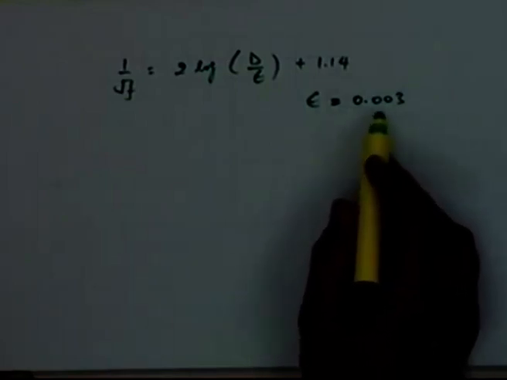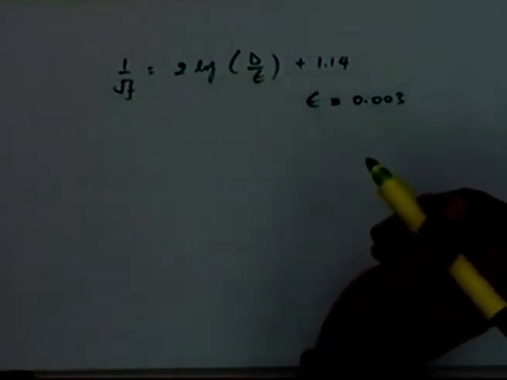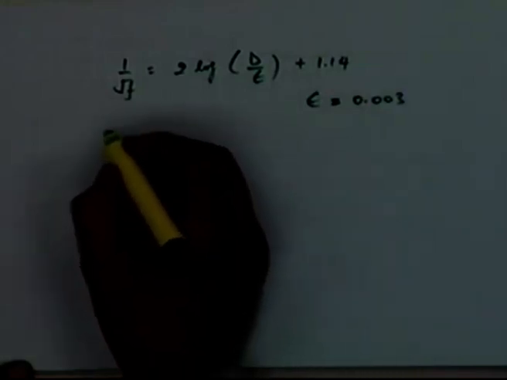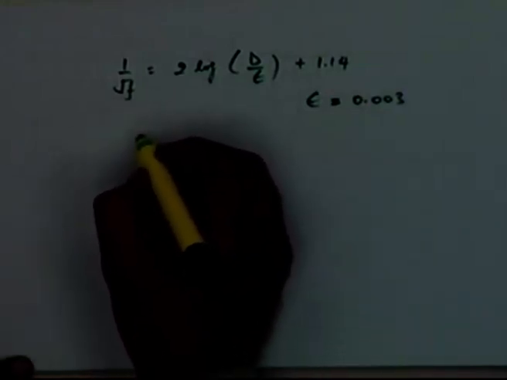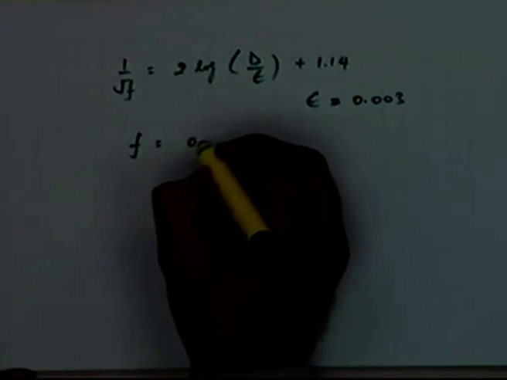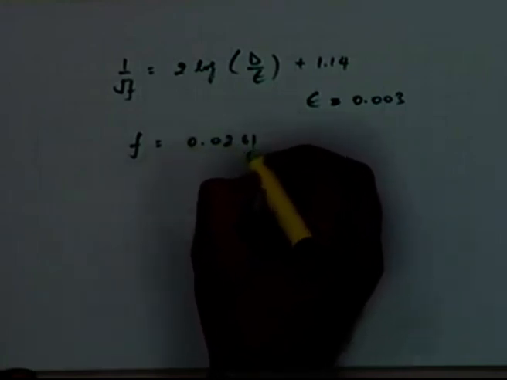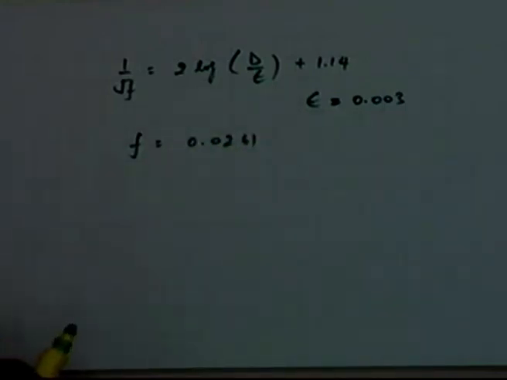So, taking eta as 0.003, all the other quantities are known. The f value works out to be 0.0261,